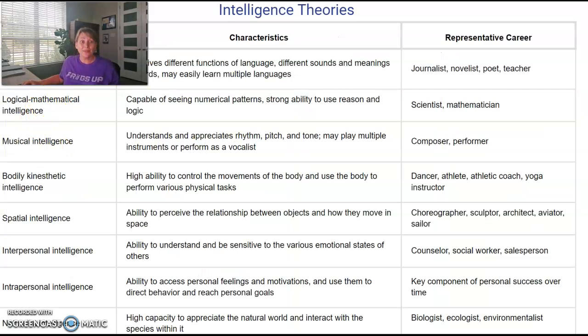Let's look at intelligence theories. There are a lot. And there's nowhere I can move my picture that's not going to cover this, but your slides are in the module. So this gives intelligence type: linguistics, logical, music, body kinesthetic, spatial, interpersonal, intrapersonal, naturalistic intelligence. And then it gives you job prospects, like what you could do with that. I think that's kind of cool. Anyways, next,